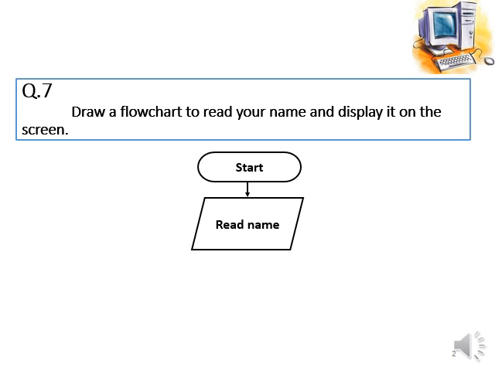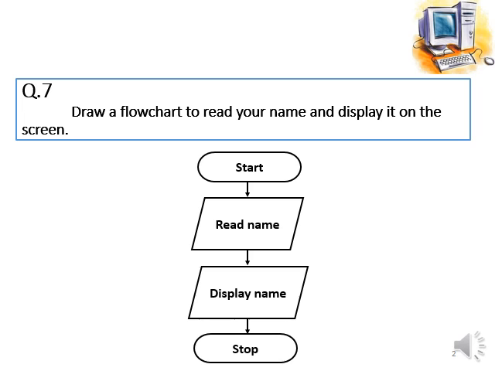So read name, that is an input, that's why it is represented by parallelogram, and then we are just displaying that name that we have read in the previous step. And you also know that displaying anything is an output operation, and that is also represented by parallelogram. So first we have to read the name, and then we will display the name. For both purposes we will be using the input output symbol, that is parallelogram, and then stop, the terminal symbol. So it's very simple. Let's move to the next question, that is